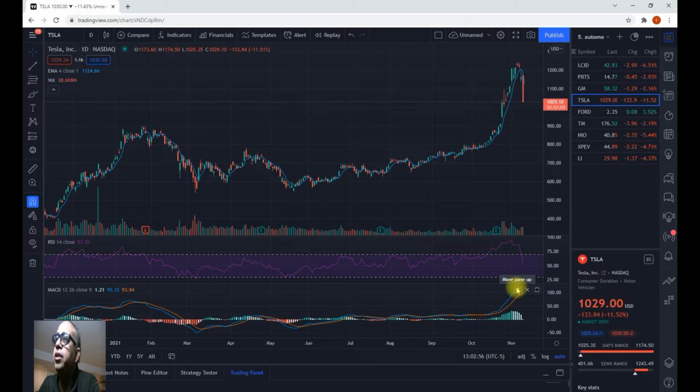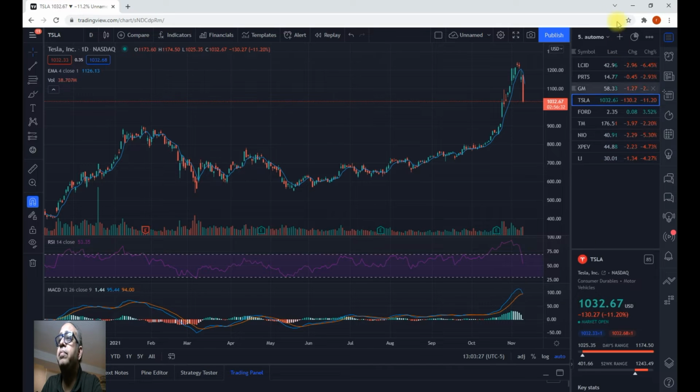So right now it seems, temporarily at least, there's a bearish sentiment, but I wouldn't hesitate to buy this share. In fact, on the Canadian side of my account, I went ahead and topped up my Tesla Canadian depository receipts, CDRs, and I'm pretty confident that it's going to sneak back up to the 1200 levels very soon. So having said that, let us look at the next stock that I wanted to bring to your attention,